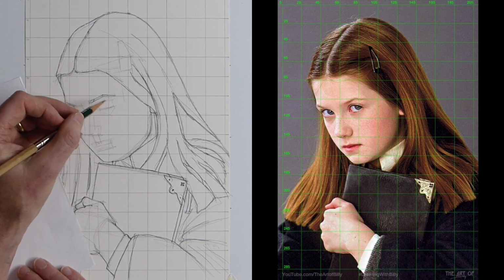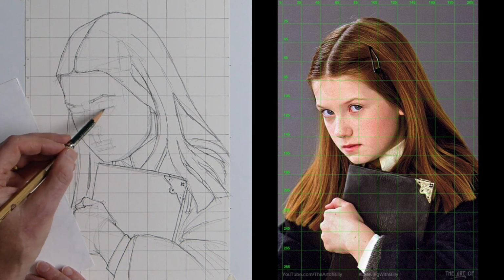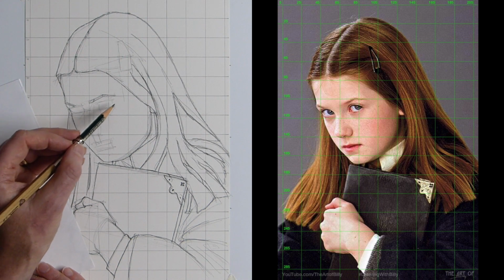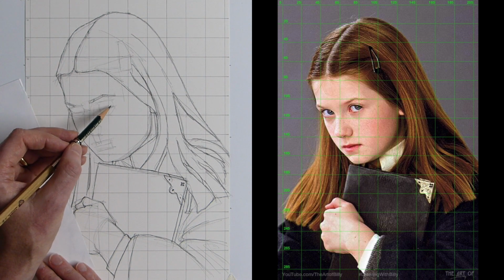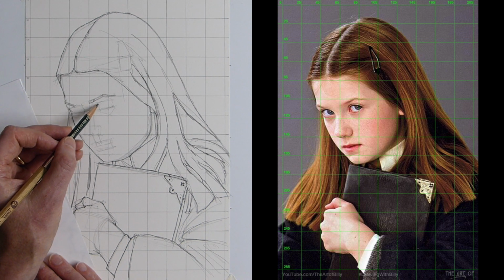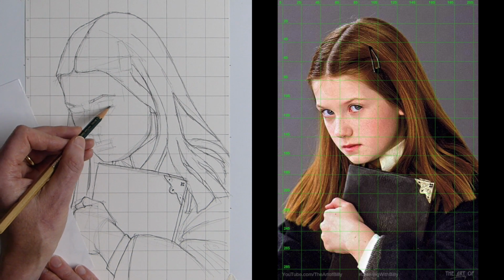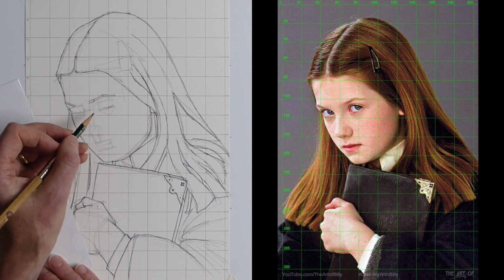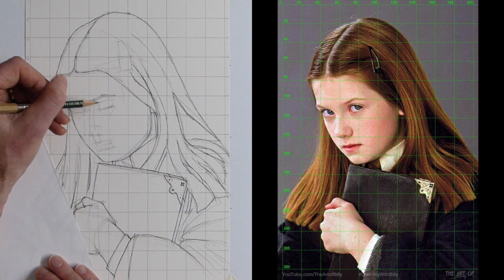So now we're going to do the eyes, and here you can see we've got the line of the bottom of both of her eyes, and she's kind of looking up at us from the corner, but we've got this rectangle for the left eye that's coming up, and you can see how we've got a curve underneath for the lower eye, and it kind of comes right to the center. So you've got the center line in between the 65 and the 85, got a little line there going up,